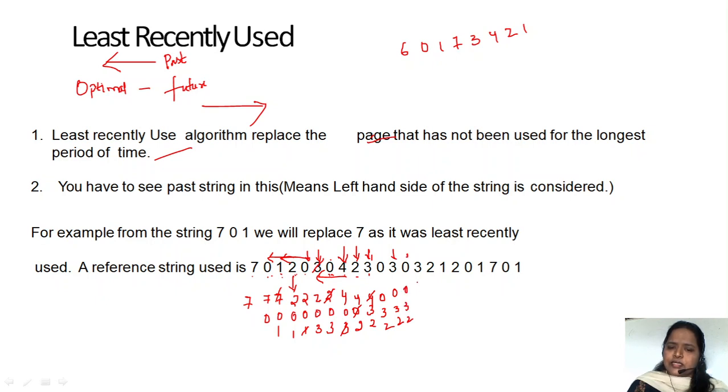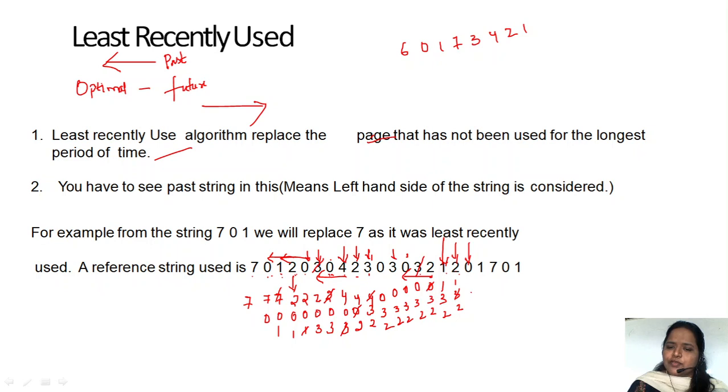And 2 is already there, we can't do anything. Next we have to insert 1, so 2 3 0, 3 places we have to check, so in place of 0, 1 3 2. Now I have to insert 2, so 2 page is already there. And now 0, the page already have been used, 3.